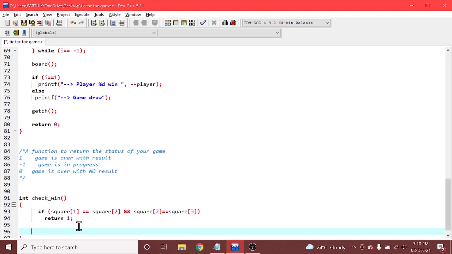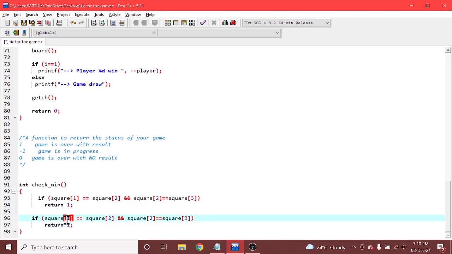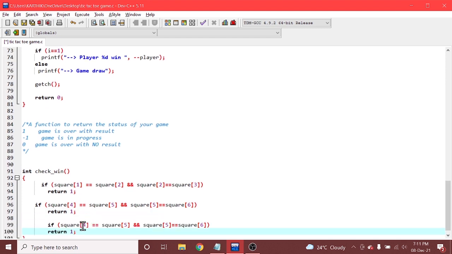For the second time I'll use square of 4, 5 and 5 with 6. Checking for this condition. Similarly for the third time I will use 7 is the next element, right? 7, 8 and 8 with 9.